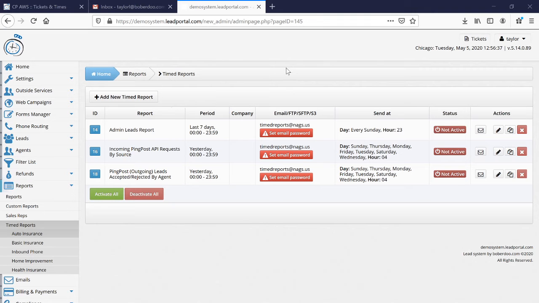Hello! Today we are going to be talking about time reports. Things have kind of changed with our new 514 update, so we just want to reiterate and go over time reports. So first off, in order to find time reports, you go down to the Reports tab and